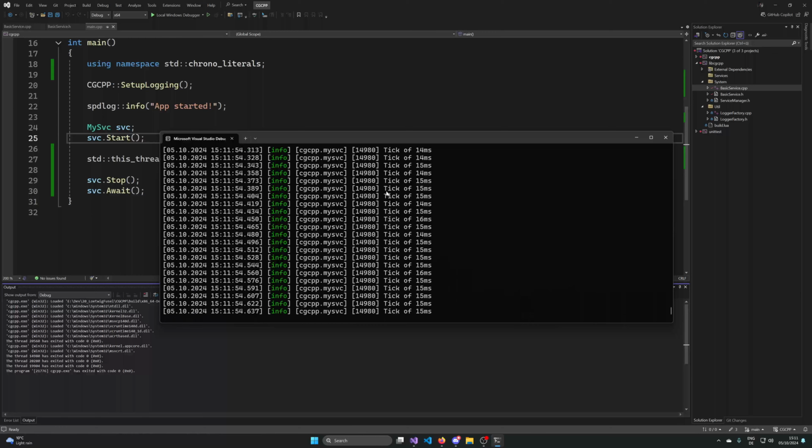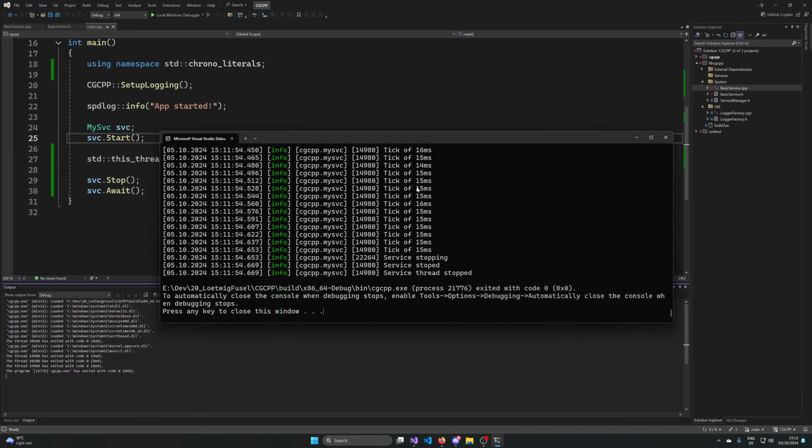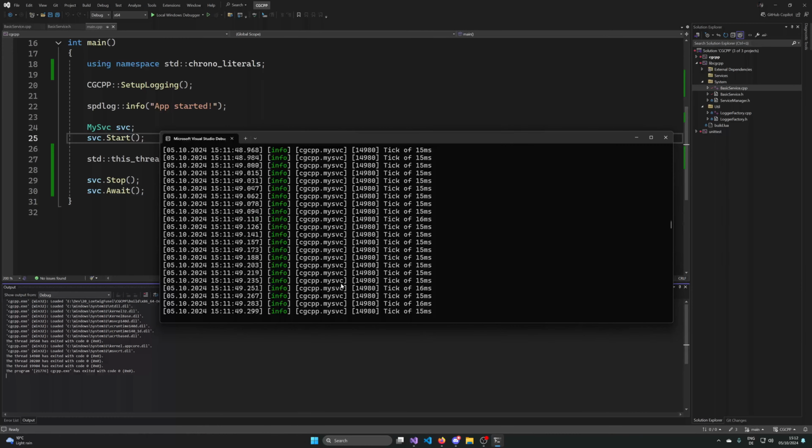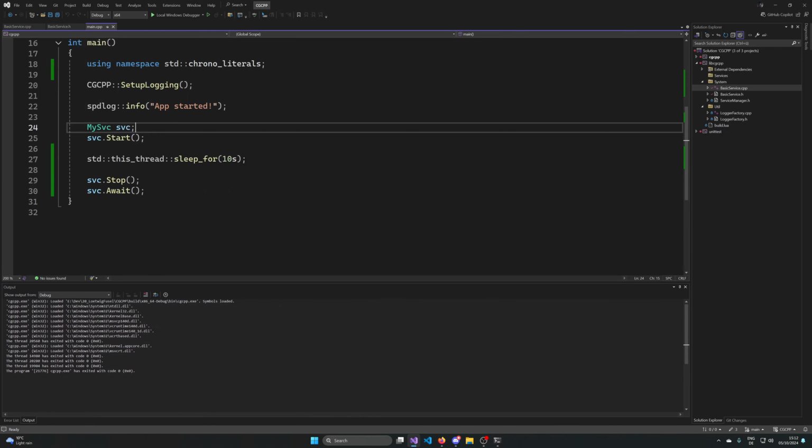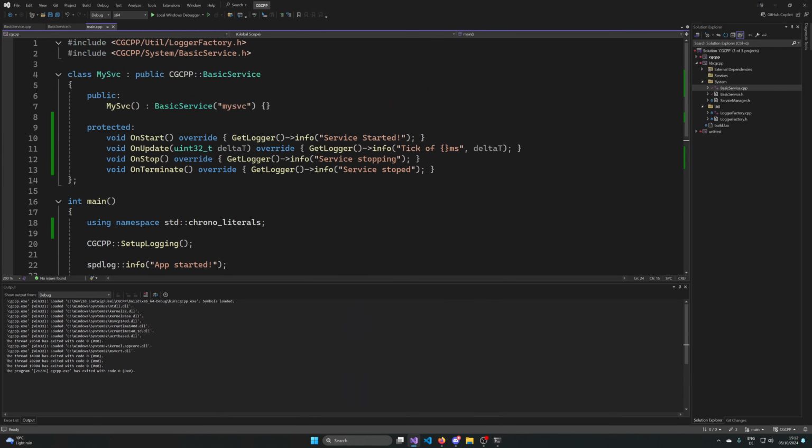Okay, service terminated. So you can see that our service is now also ticked. This is quite good. You can see it all working. The only thing that's a bit different is the service stopping, because you can see it comes through a different thread, but that's totally fine for me to have these informations coming in like that. All right, so now we have a basic service, and we gave it